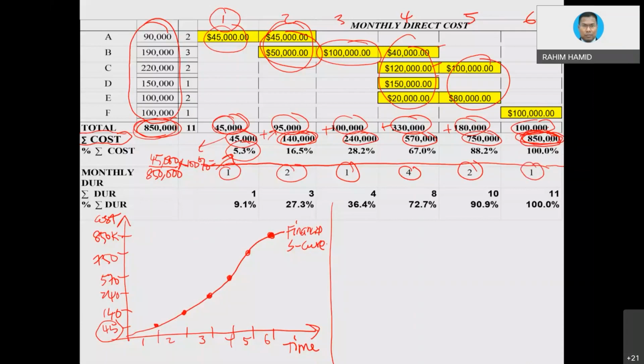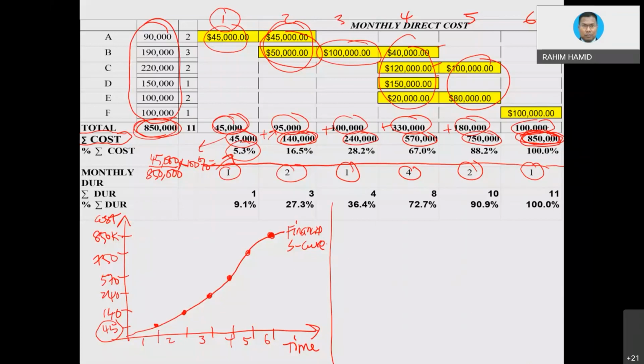So that is what we call monthly duration, based on the work that we already scheduled. Then the next will be cumulative. In order to draw the S-curve, everything must be done in cumulative value. We do not do it in monthly. Monthly is just for the first step there. Then we are going to convert into